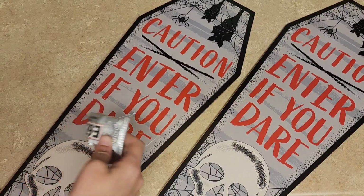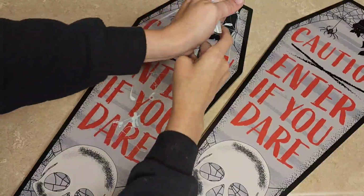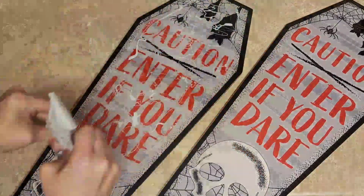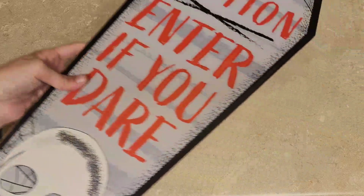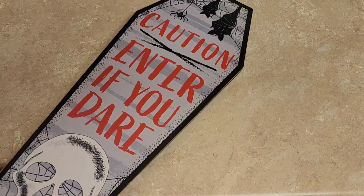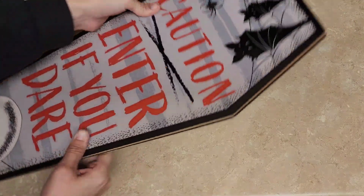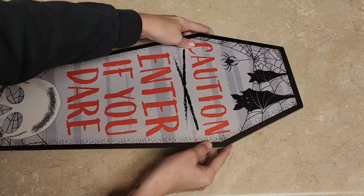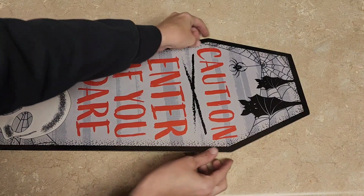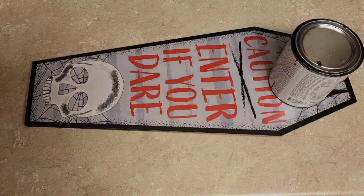But anyways, the very first thing that we are going to be doing is making a coffin coat hanger. I did this by taking 3 coffin signs and gluing them together with E6000 glue. The reason why I needed 3 of them is because we are going to be putting screws through these and we don't want it sticking out the back of it. So I glued these all together and then I put some heavy weighted objects on them, let it dry, and then I came back and I put these little